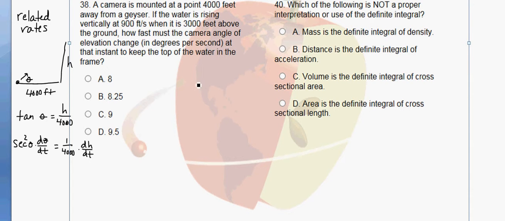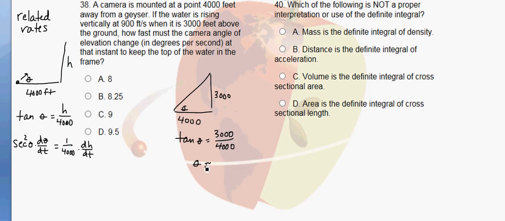But we could do a quick computation and note that when this is 4,000, and when the height is 3,000, we can solve for theta, because tangent of theta is going to be equal to 3,000 over 4,000. So theta is going to be approximately